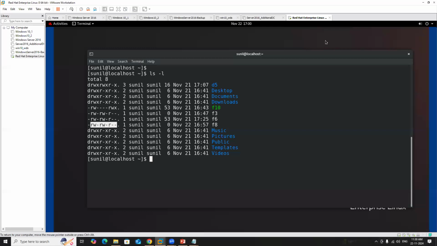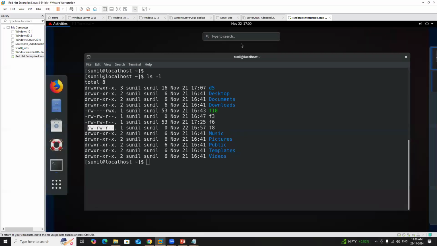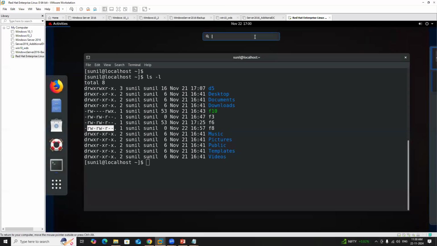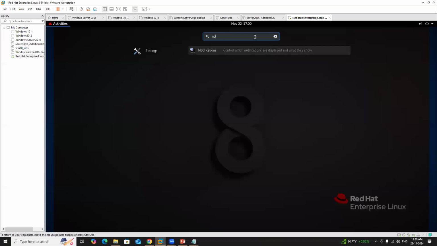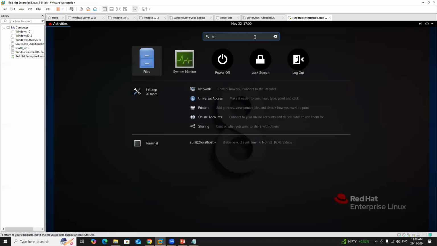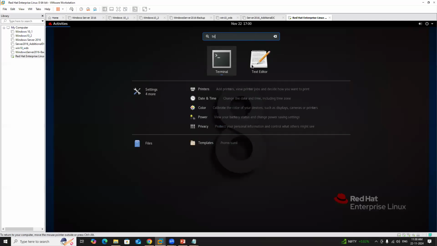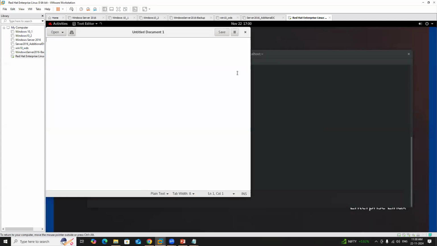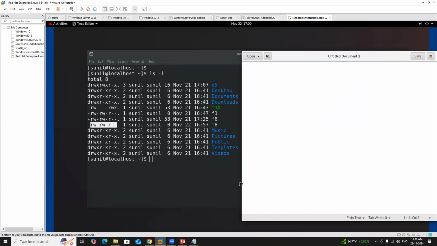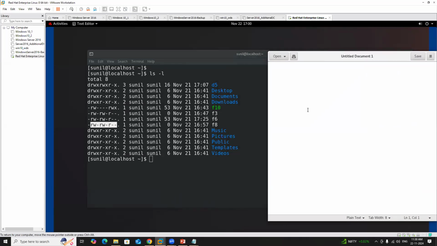In Linux, it is called a text editor. Perfect. We'll be using this for understanding more clearly. Considering the file f8,